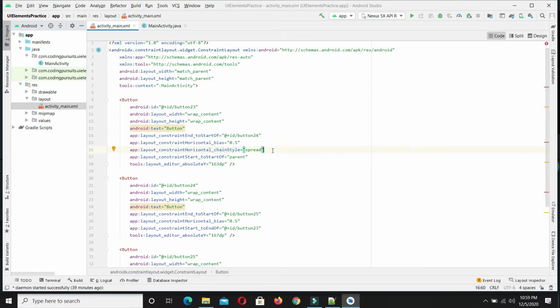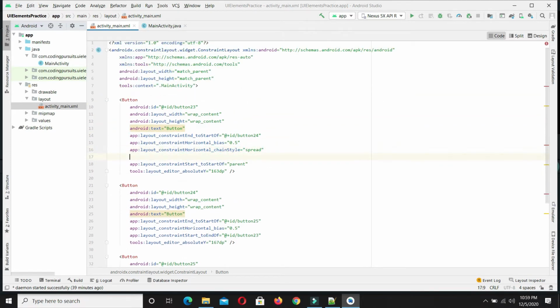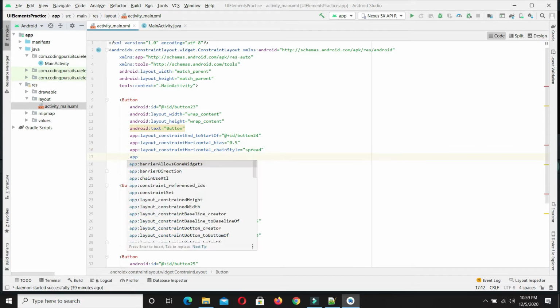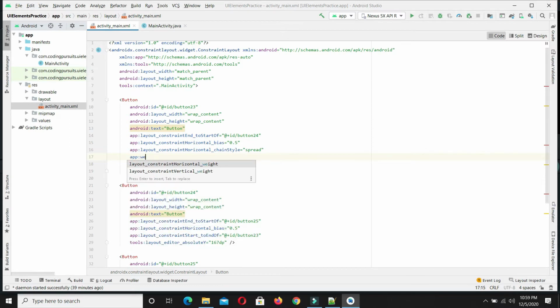Now let's give some weight. I want this button to be 0.5 times of the total width. For this I will give constraint horizontal weight, because we are working on the horizontal chain, so we will give only the horizontal weight. I will select 0.5.